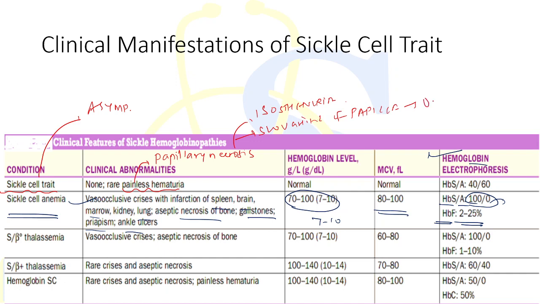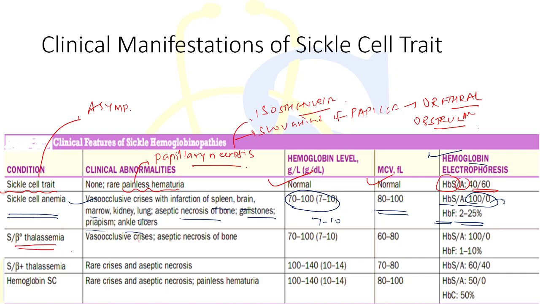leading to urethral obstruction. So these all findings can be seen in sickle cell trait, that is hematuria due to papillary necrosis, which can also lead to isostenuria and urethral obstruction. So the hemoglobin levels are typically normal, MCV is normal, and on hemoglobin electrophoresis, the HbS to A levels are 40:60. Now, when we consider sickle with beta thalassemia trait,